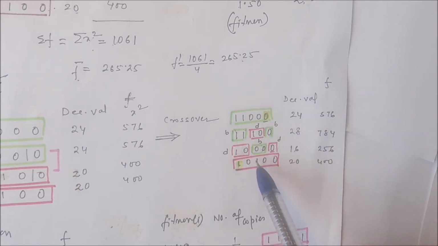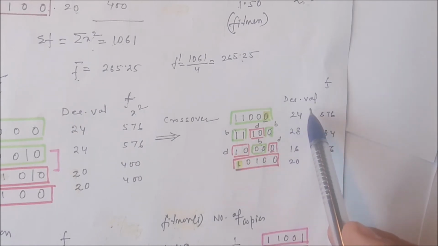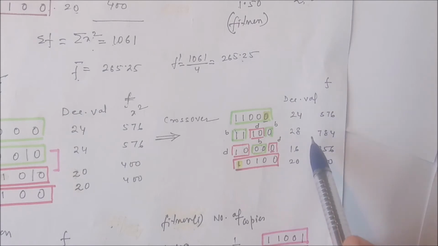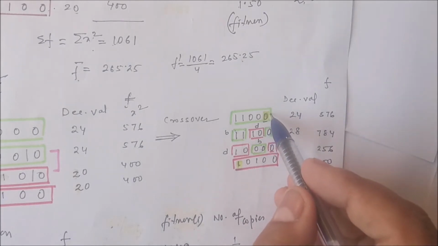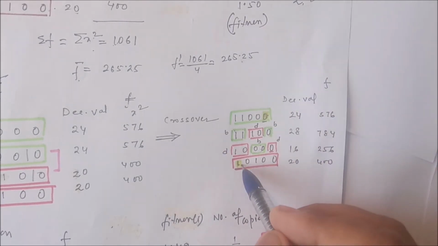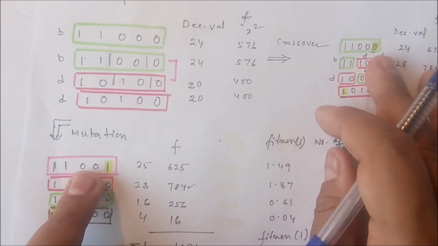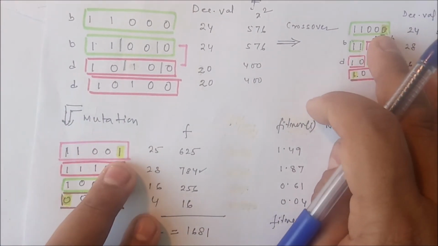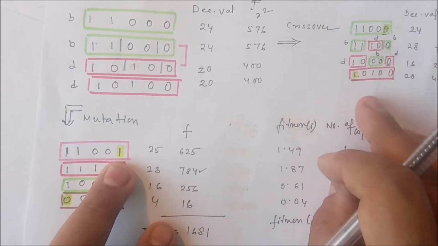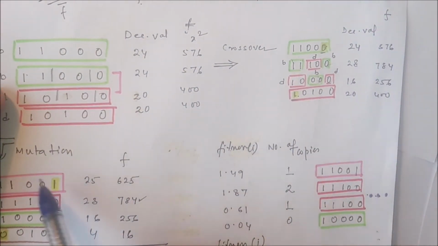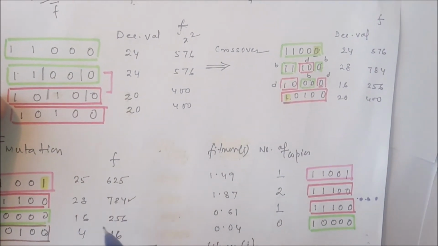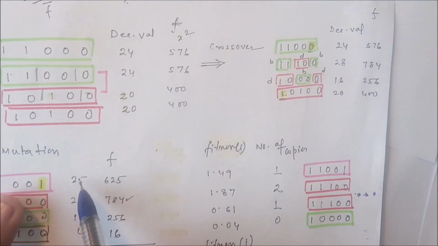And after crossover, we may calculate the decimal value or the fitness value, or you may not, or we may apply some mutation. So here randomly select this position. Now we can see, after mutation this should change from 0 to 1. Okay, and in this case it is 1, it should be 0. So randomly we have applied the mutation, and after mutation we have to calculate once again the binary decimal